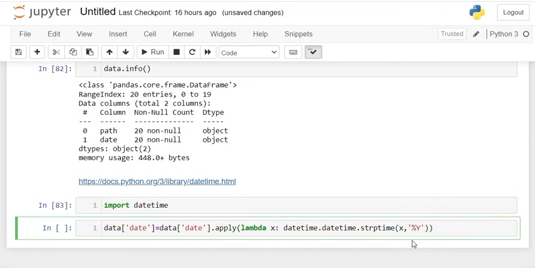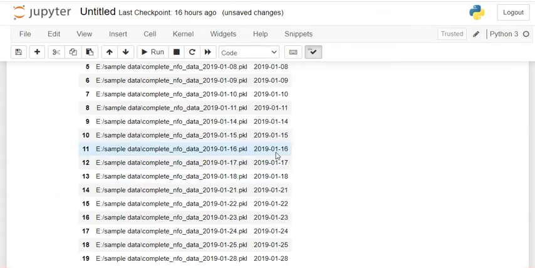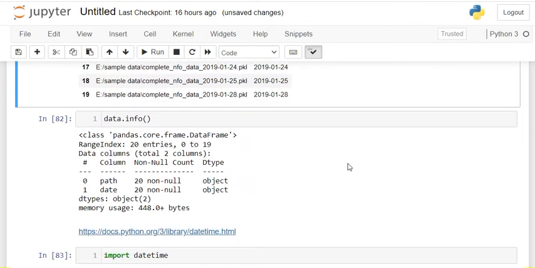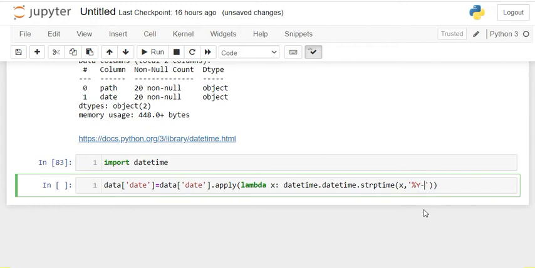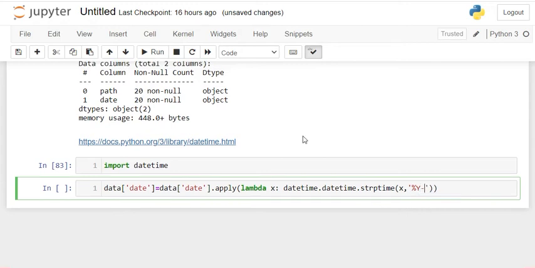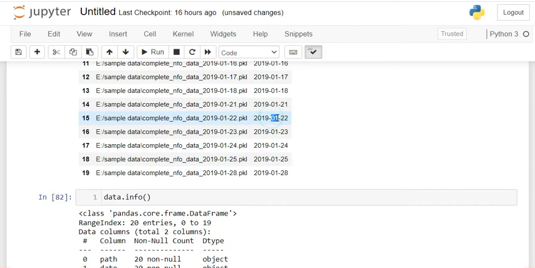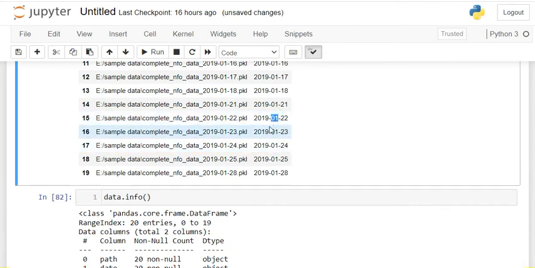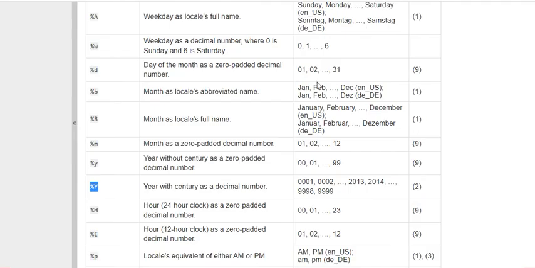Okay, remember that. Now there is a hyphen here, so of course we will put a hyphen here. Now the month is 01, so this is January month data, that's why it is 01. If it is February, then it would be 02. So if you see here the month, there is percentage small m, percentage capital B and percentage small b.